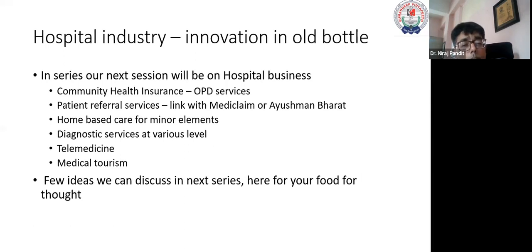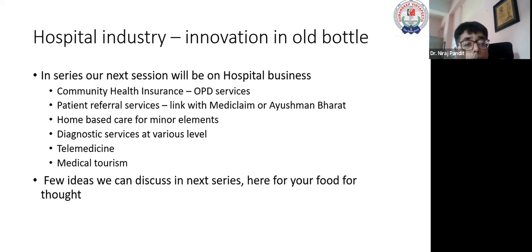Diagnostic services at the various levels. See, this is very important. You can see there are various diagnostic facilities already ongoing. You must have experience of 1 mg, or other laboratories, Dr. Lal's pathology laboratory, Sterling's laboratory. There are many laboratories coming to your home, collecting samples and giving various packages for your blood test. Many diagnostic services have become a unicorn in this area. So this is very important in the era of information technology, to upgrade your diagnostic services and convert them into